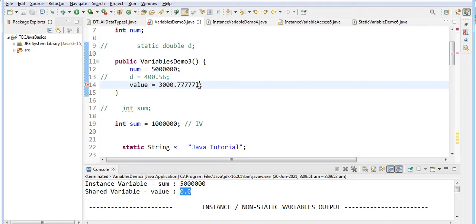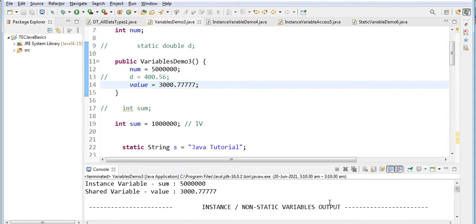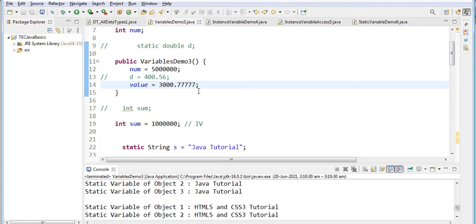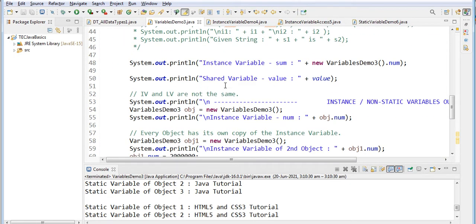Now I'll print and see what the value is. See, the value is this one. It's very simple. If you understand well, that's very easy.